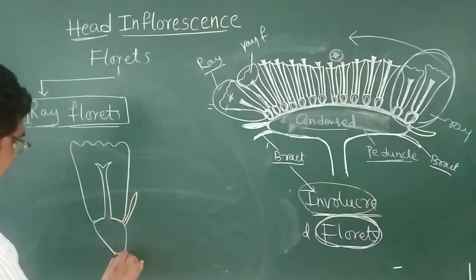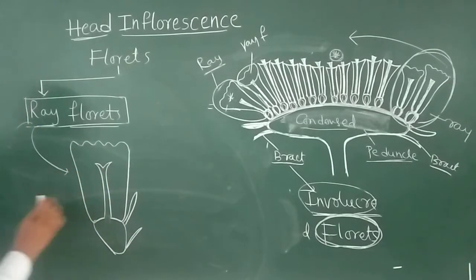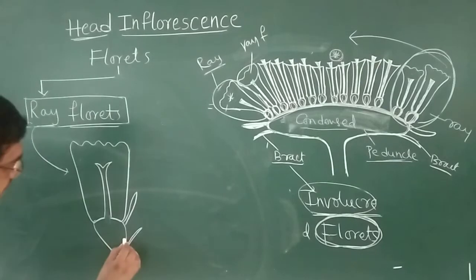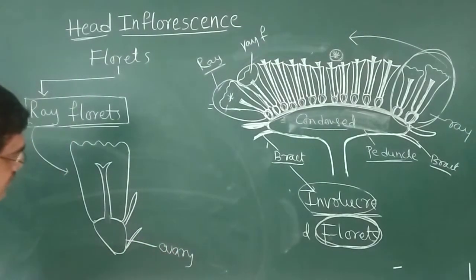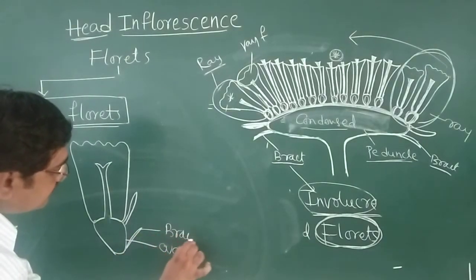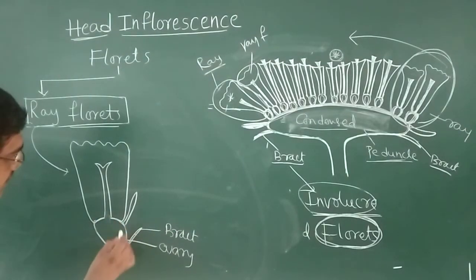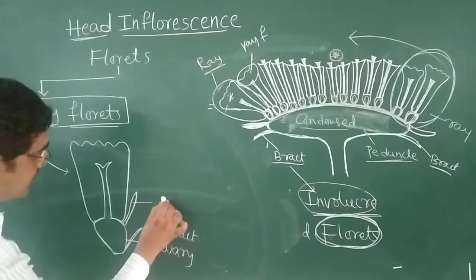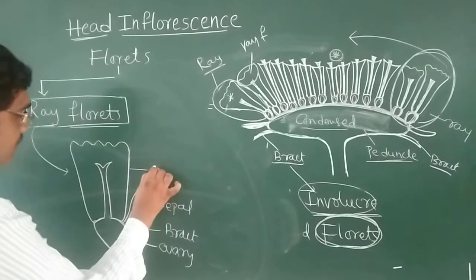So this is the ray floret. This ray floret consists of the ovary, and this is the bract. At the base of the ovary the bract is there, and this is the sepal. So, this is a petal